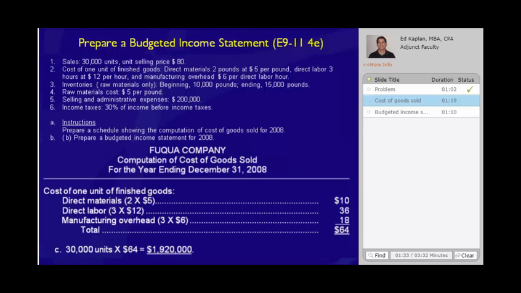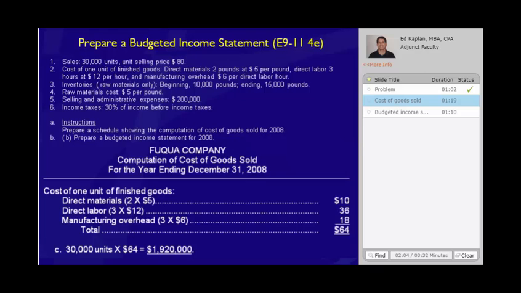Direct materials, it took 2 pounds at $5, so that's $10. Direct labor took 3 hours at $12, so that's $36. And manufacturing overhead was applied at $6 per direct labor hour. So we take the same 3 hours of direct labor times $6. That gives us $18 for a total unit cost of finished goods, or total cost of goods sold per unit